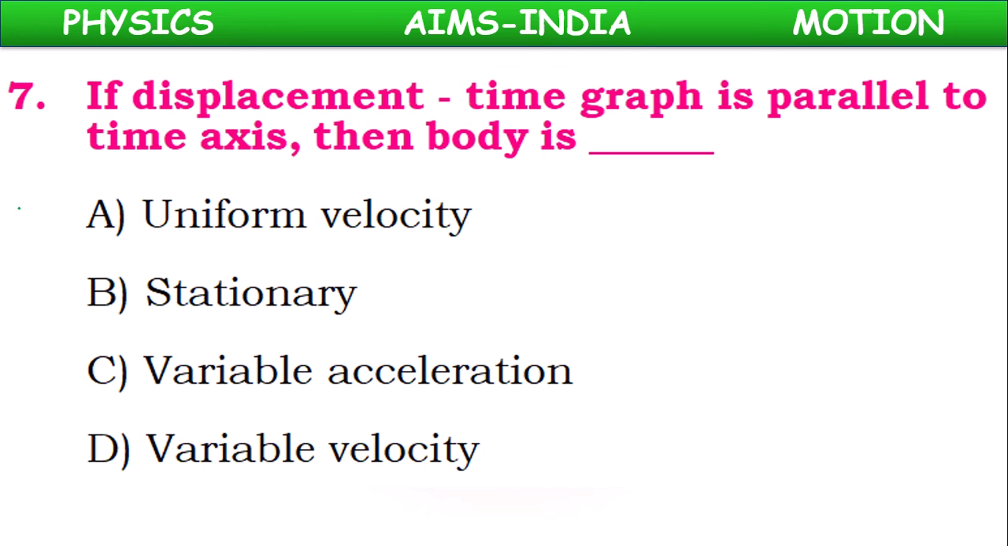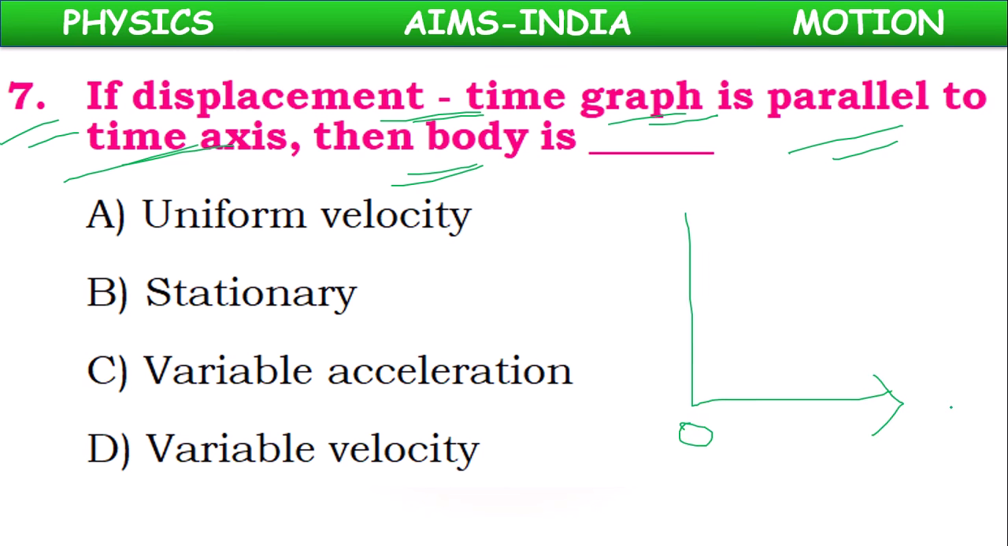Next, if the displacement time graph is parallel to the time axis, then the body is... Suppose these two are the coordinate axes, x axis, y axis and origin. On the y axis normally we take displacement, on the x axis suppose we have taken time. If the displacement time graph is parallel to the x axis, the time axis,